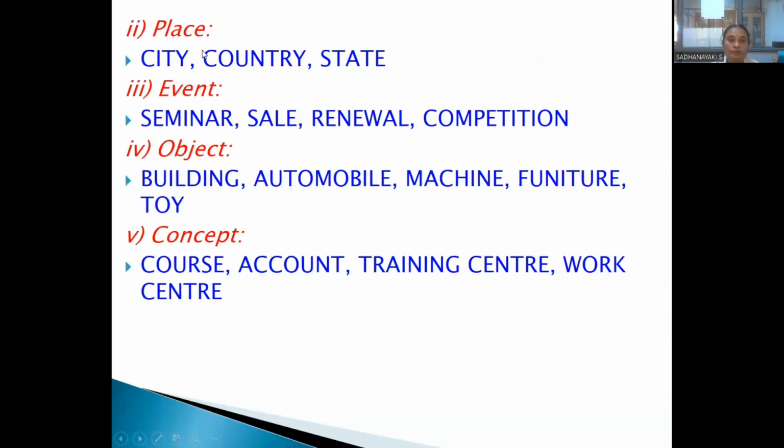For example, if we use a place as an entity, we can specify the city, country, or state inside the place. Same way, if we take event as an entity, the event may be a seminar, sale, renewal, competition, etc. We can mention it as an event. Then next one is the object. If we specify an object as an entity, the object may be a building, automobile, machine, furniture,